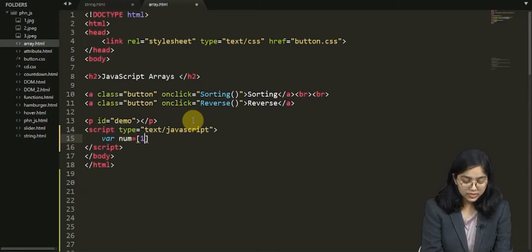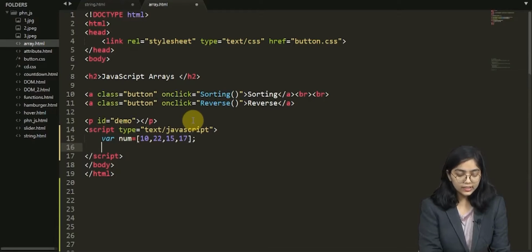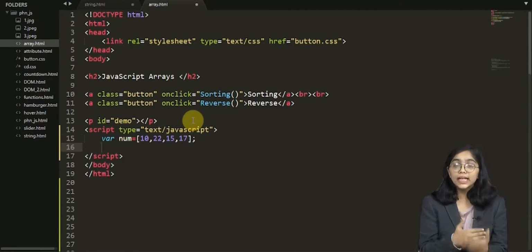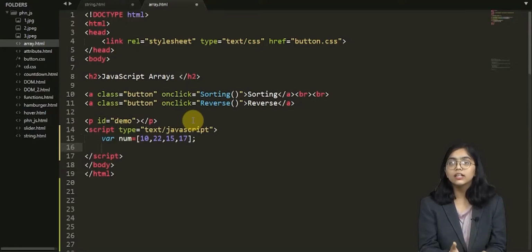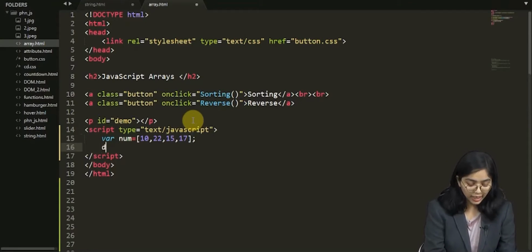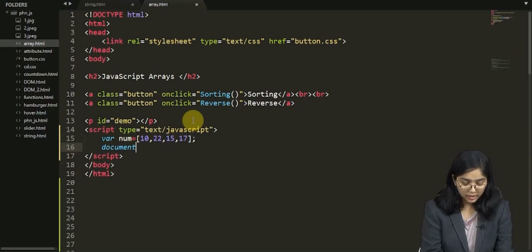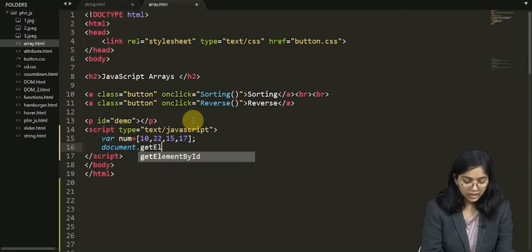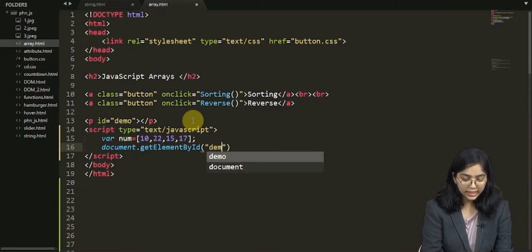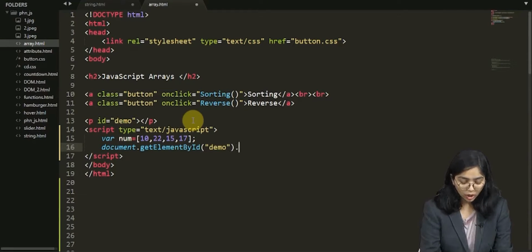So my array goes as 10, 15, 22, 15 and 17. After this I am going to print this variable on my screen. To do that we use document dot getElementById, and inside this we will enter demo dot innerHTML equals to num.